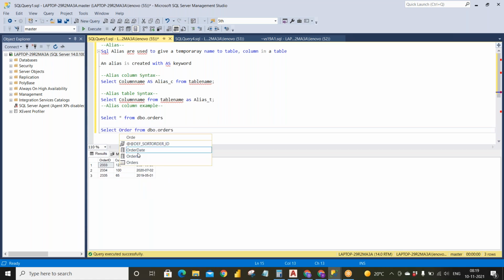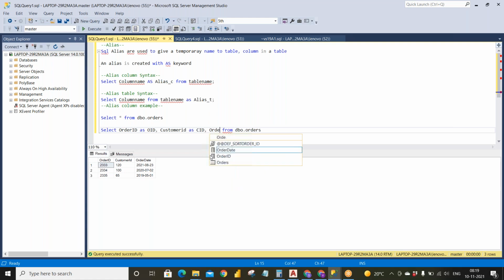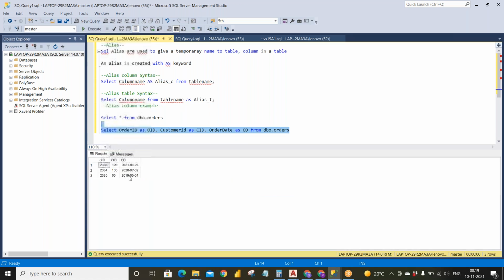So I'll select order ID as ID, for the customer ID I want to give CID, and for the order date I just want to give OD. So just giving some shortcut names, and we can execute.